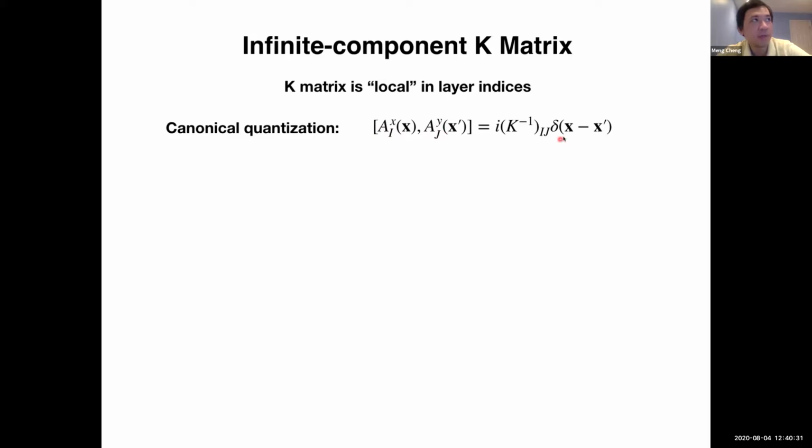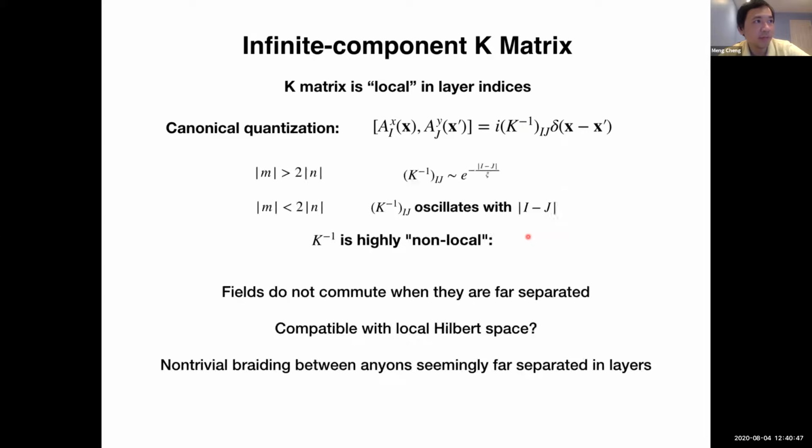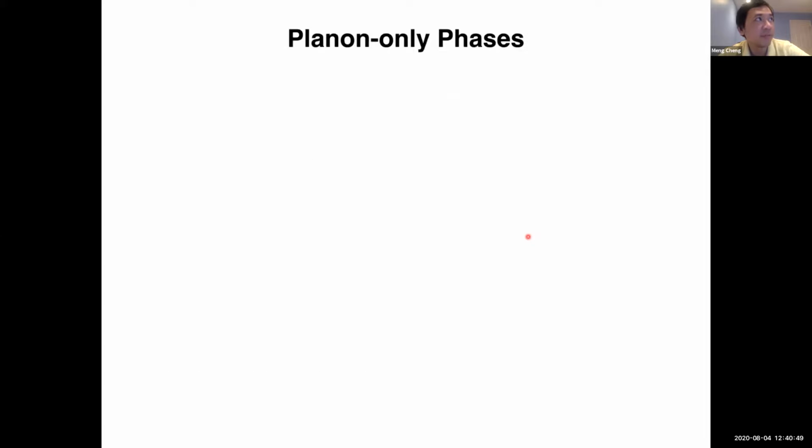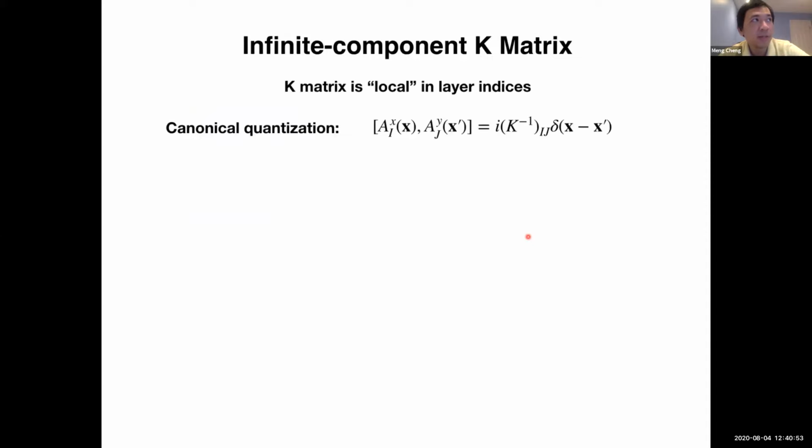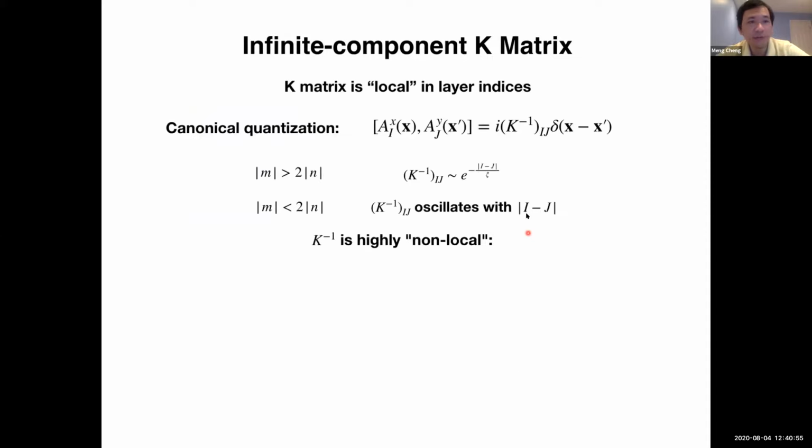They don't commute, and they have commutators given by the inverse K matrix, the ij component of the inverse K matrix. Okay, and of course with the delta function. So if you look at this K inverse, the K was given in the previous slide. Oops, I think I'm jumping ahead. The K is given in the previous slide, but now if you just calculate K inverse, you find that